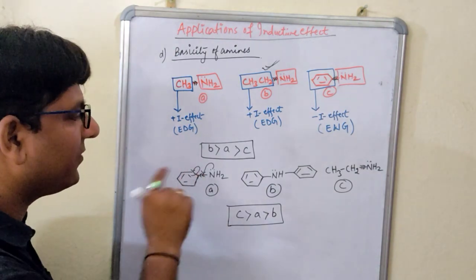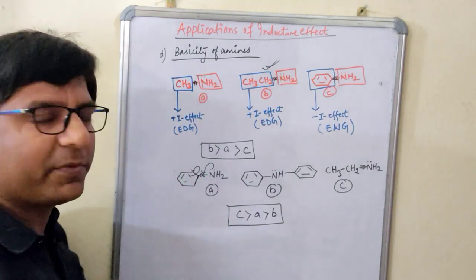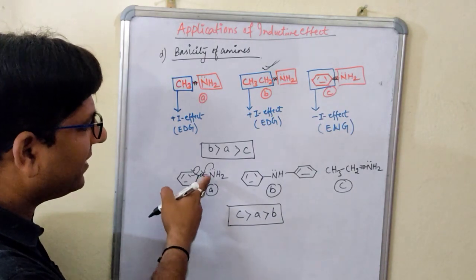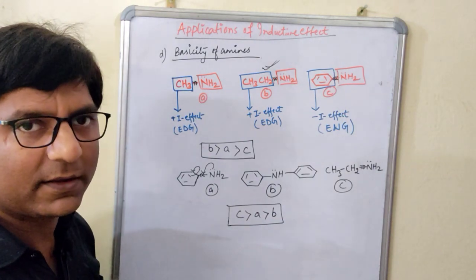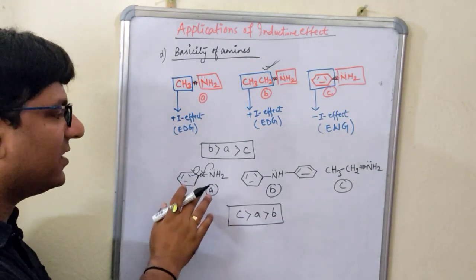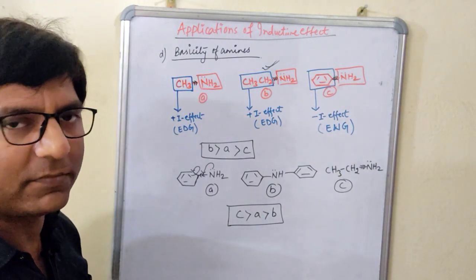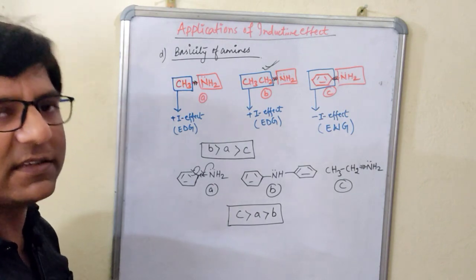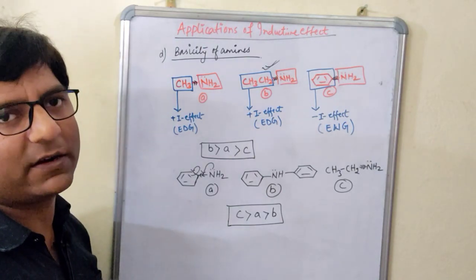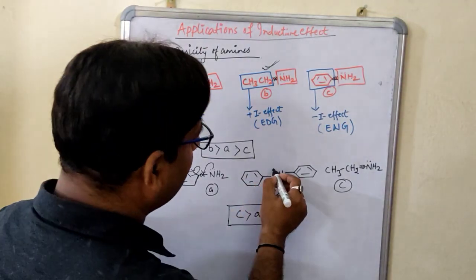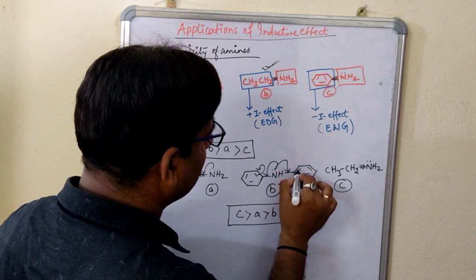Means the first criteria has been cancelled. It has not followed the first condition that I have told you, that there should be the presence of lone pair of electrons. Now, if the lone pair has taken part in the conjugation, this nitrogen no longer has the lone pair of electrons present on it. Right? So the first condition has been cancelled. Automatically, the second condition also stands cancelled, because the second one depends upon the first, because the lone pair of electrons itself also has its own electron density. In this case also, it can undergo the resonance on this side, or it can undergo it like this also.